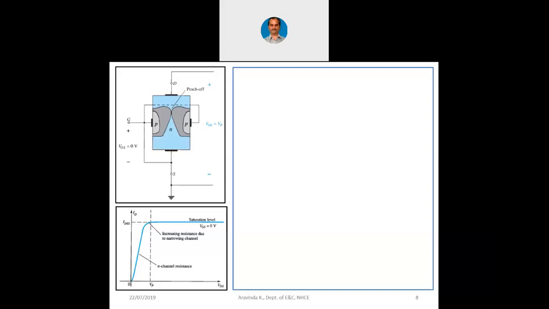But in BJT we can apply KVL and KCL. It is easy to understand BJT. We can easily apply the equations and we can arrive at the expressions for the output current, output voltage, input current, gain, all those things. But in FET it is not that easy, because here we cannot apply Kirchhoff's voltage law so easily. Why is that? I will tell you later on. Anyhow, those basics we will cover up.